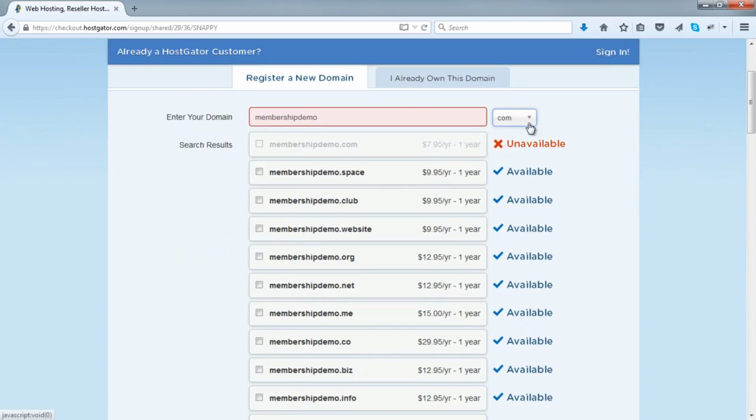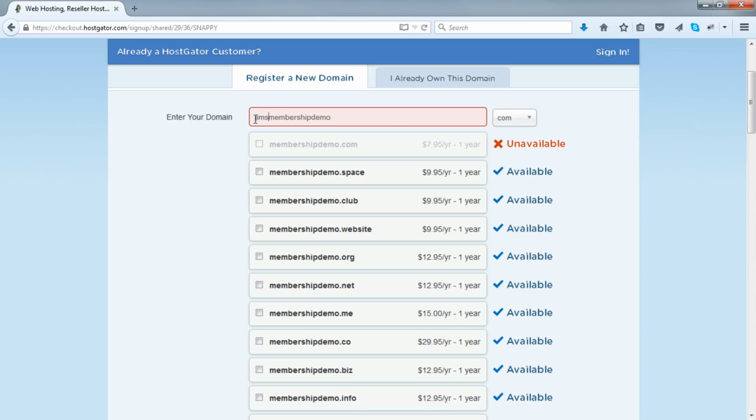Now just so you know, it's not essential that you do purchase a .com. The .org, .net, all of these other extensions function in exactly the same way that a .com functions, and it will make no difference to the setting up of your membership site. So if you wanted to go ahead and select any one of these other extensions, then do that. It won't make any difference whatsoever. But for me, it's just a personal preference that I choose a .com domain. It's just something that I personally like to do. So this one's not available.